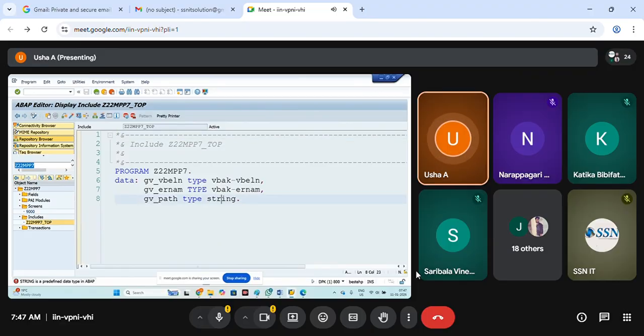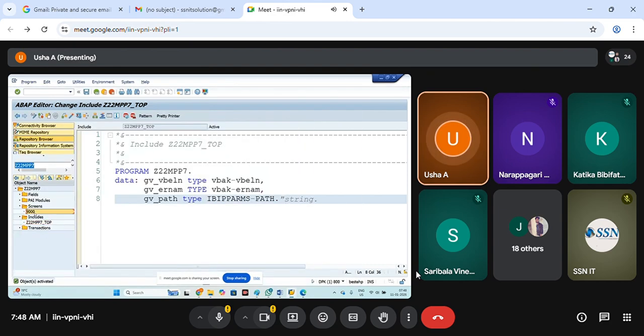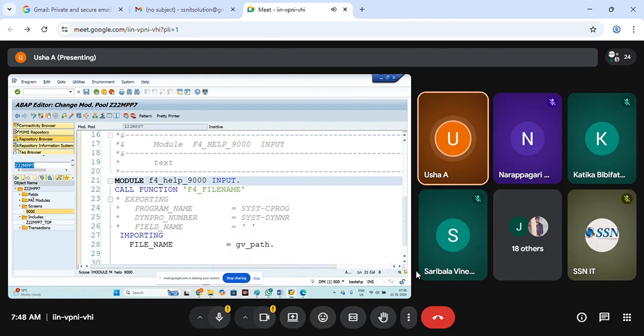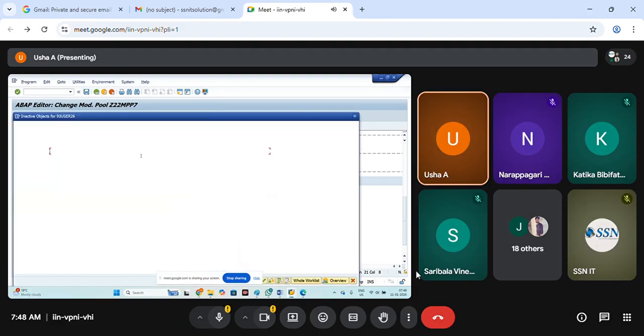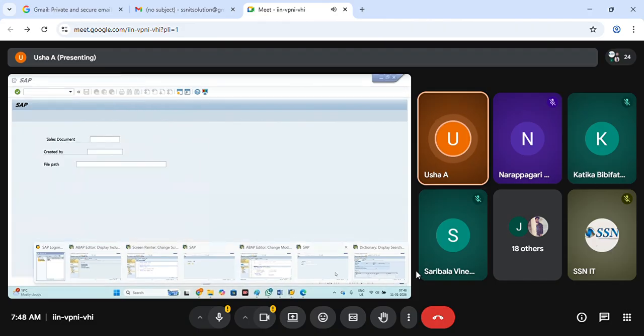Instead of string, go to change and add this. Activate the include. Now go to the screen module. I already gave that. Done. Right click and activate. Now I'm going to run the same transaction.